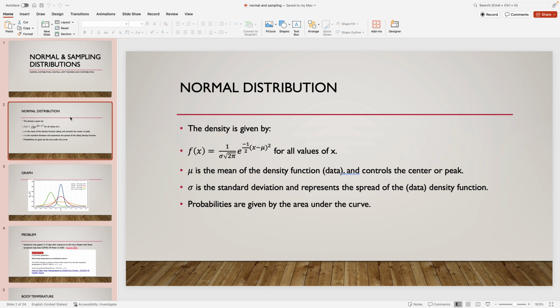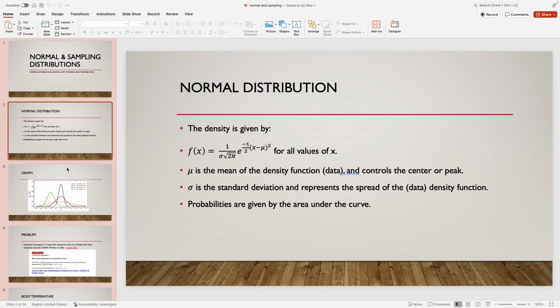What's called the Greek letter mu, which is the mean of the density function, and that controls the center or the peak of the graph that you'll see on the next slide, and sigma, the standard deviation. That represents the spread of the data. Okay. In this instance, the probabilities are given by the area under the curve,